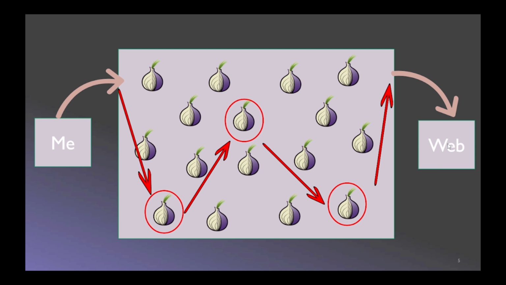So you might have a question: how does my response get sent back to me? This website knows the IP address of this person here, and the response would be given to this one. It would be sent back to this one, and this node knows that it is connected to the node behind it. You can see that this node here on the right would know who is contacting it from the left side. So this right one knows it is in connection with this one, and this one knows it is in connection with this one, and so on. In this way our data would be sent back to us.